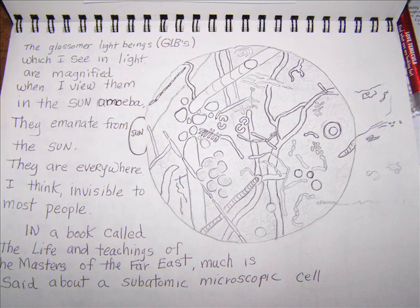It was after I had noticed these for several days that one afternoon I found myself in the car waiting on my grandkids, and I was looking out at the sun getting pretty low in the sky, and I squinted my eyes the same way I did when I see these things, and I could cause my eye to make the sun make a big bubble-like roundness, and inside that it was like I was looking through a microscope, only my eyes were the microscope, and I could see all these kind of things that I had been seeing less plainly. I could see them magnified, and they look sort of like this picture here,